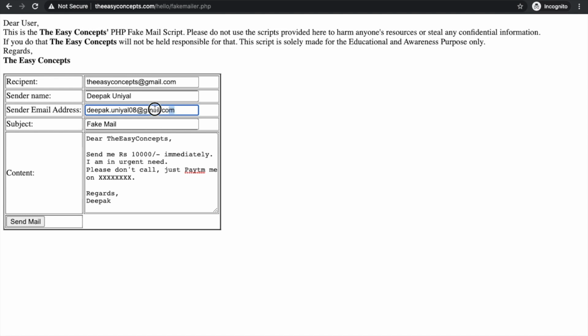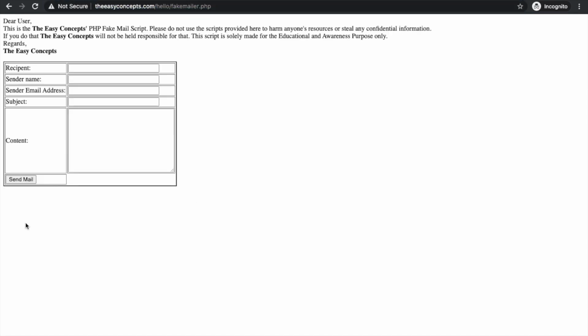You can also change this mail address, and you can verify this on your own. Just go to this website and check it. So I have clicked on send mail. Now I have to wait a few minutes or maybe a few seconds, and the mail will be sent.